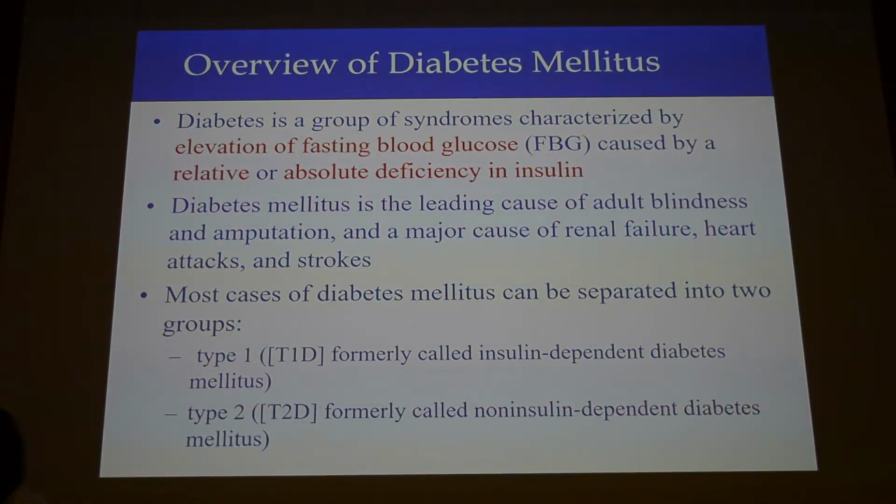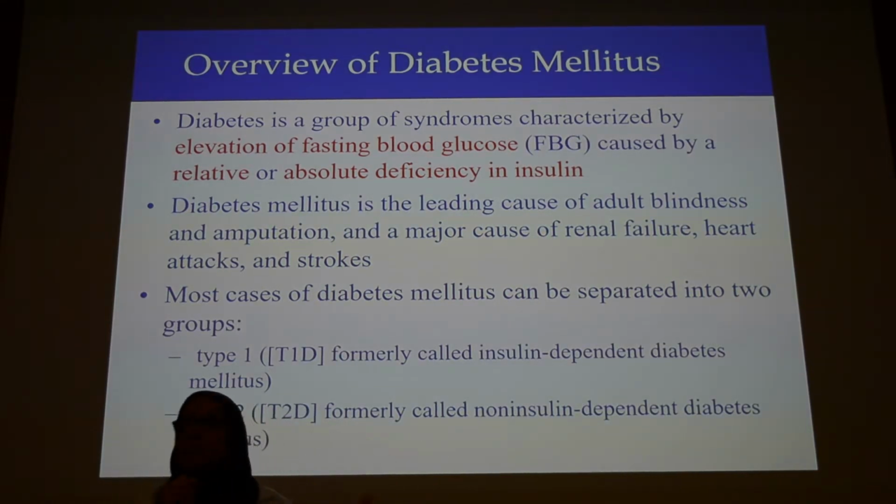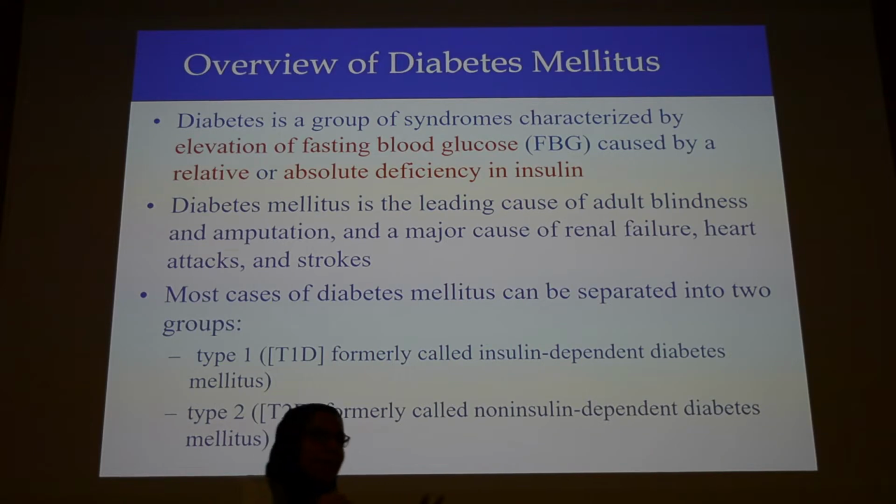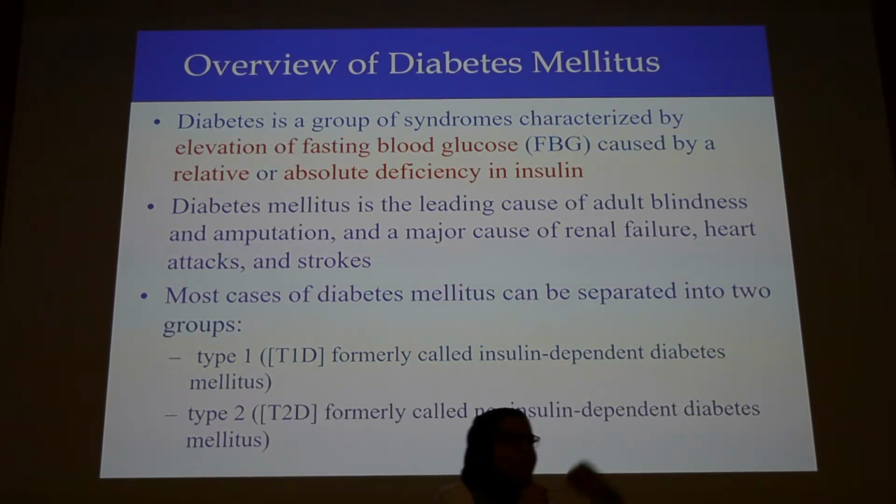If someone doesn't know anything about medicine and they say they have diabetes, what is it? What is diabetes? Yes, so it is high blood sugar, hyperglycemia. Okay, so this is the common definition for diabetes. We have diabetes mellitus that we are going to talk about today, and we're going to talk about the two types of diabetes mellitus.